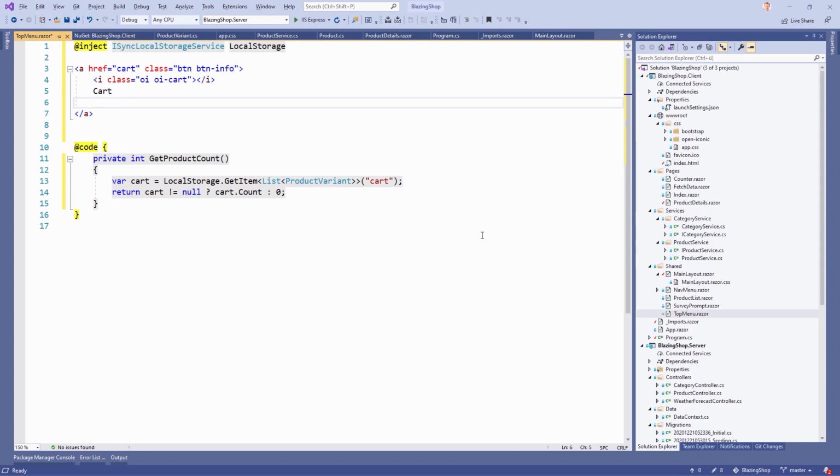We call this thing cart, and then I also want to display the count of our items in the cart with a little badge, and we can do this with a span. The class for that is provided by Bootstrap. It's badge, and then badge-pill, and regarding the color I use light. And now here I want to use GetProductCount